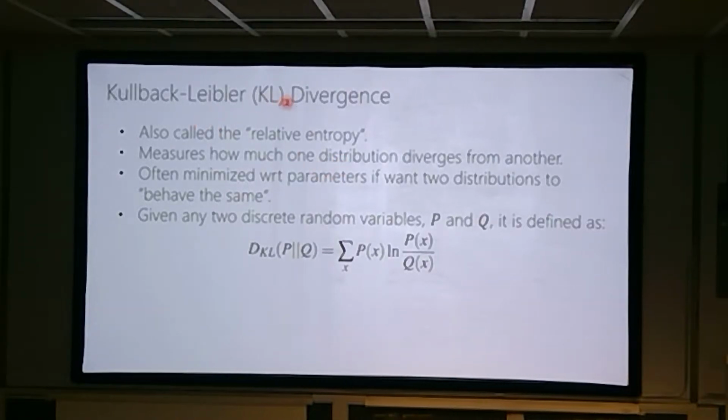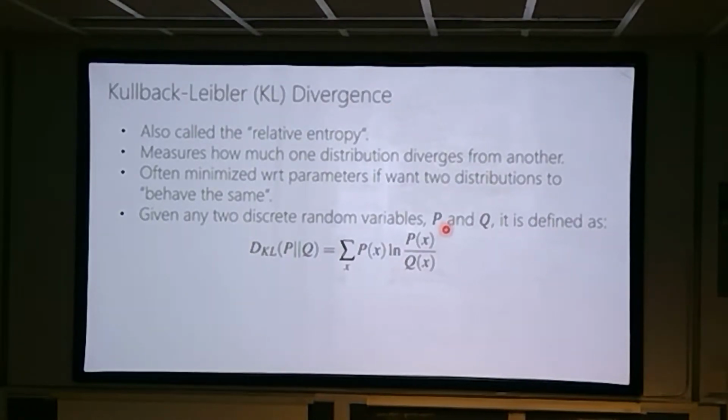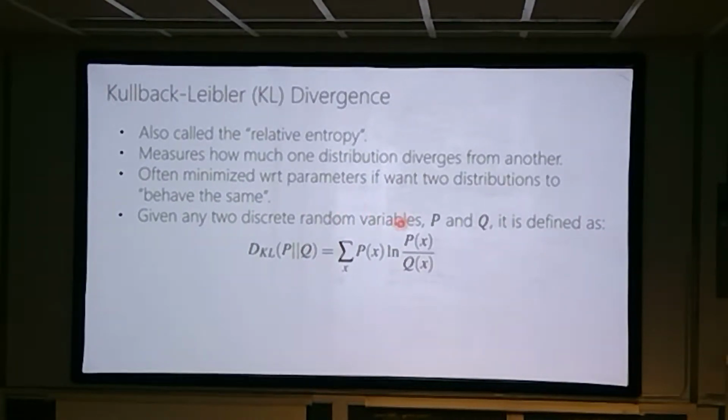Okay, the Kullback-Leibler divergence is really just a way to think about measuring the difference between two distributions P and Q. Sometimes in machine learning, you might want to have one of these be parameterized and then minimize that so the one distribution looks like the other. And this is the form it takes. If P and Q are two different distributions, or you can think of them as random variables,